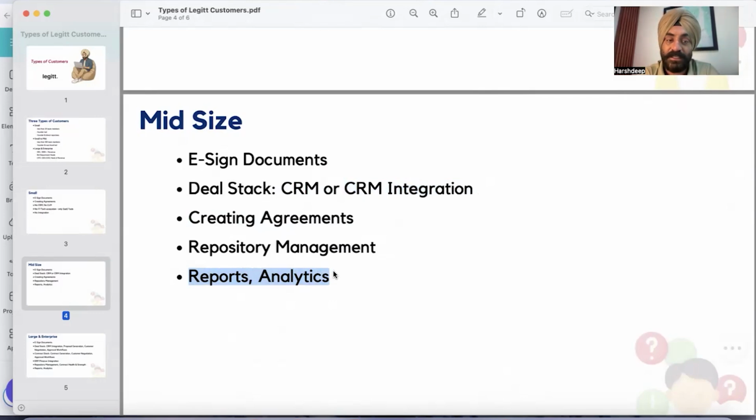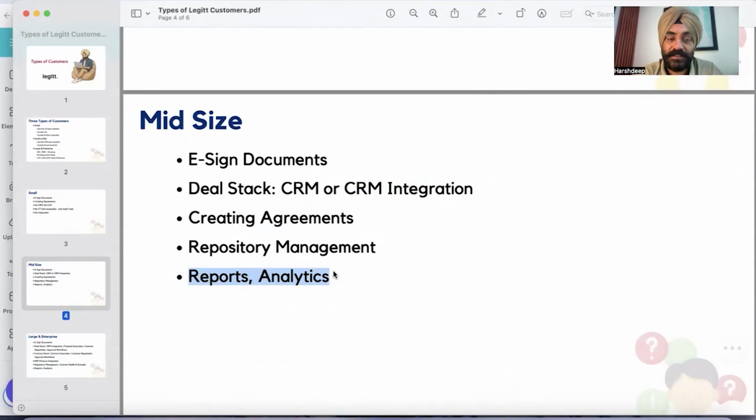Say, for example, when it comes to mid-size and large customers, there are a lot of contracts to manage, and within those contracts, there are a lot of milestones. Not even milestones. Say you have signed a contract which is starting next month. How do you get the reminder for it? Then there are multiple milestones that have to be built. How do you remember those milestones? Then the contract expires, and you have to renew the contract. How do you remember the end date if there are hundreds of contracts that you have?